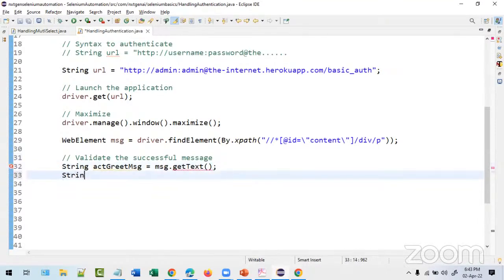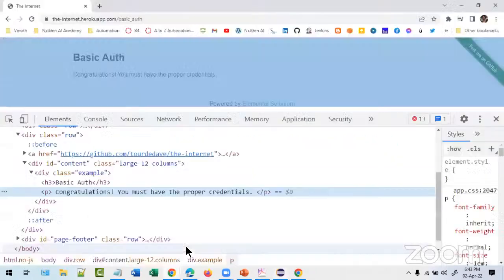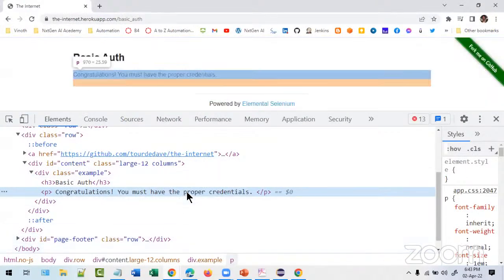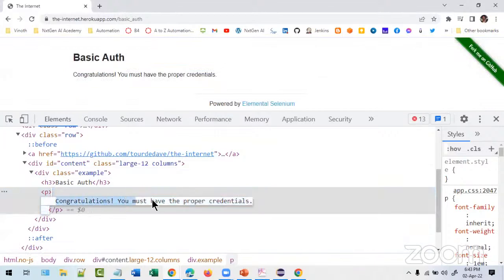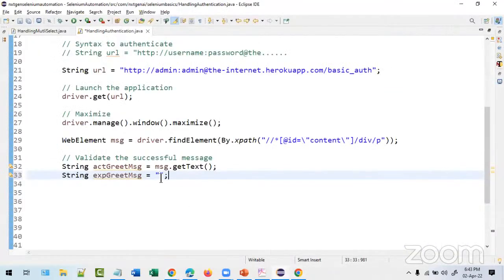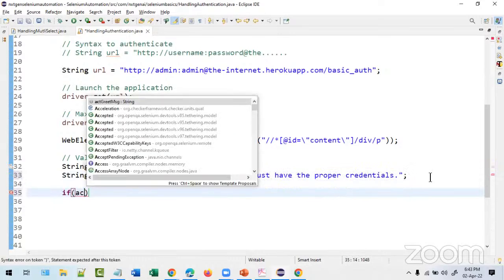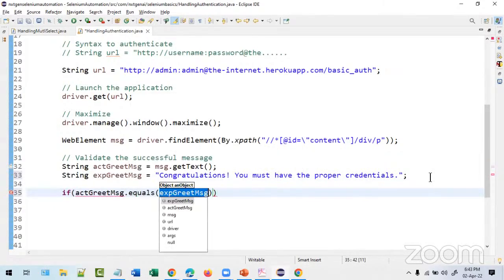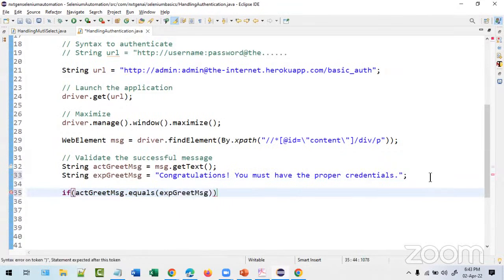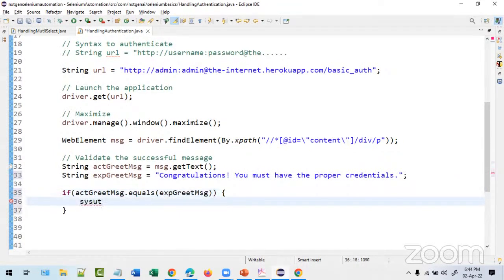Again, String expectedGreetMessage, we'll give it. And when you see here, whenever there is a text between the tags, at that time we will be using get text. There is no attribute. That's how we will differentiate it. Now, if actual dot equals expected greet message, then we will say